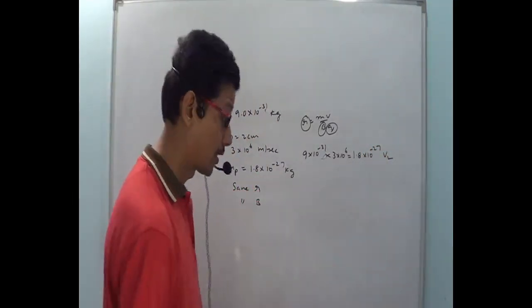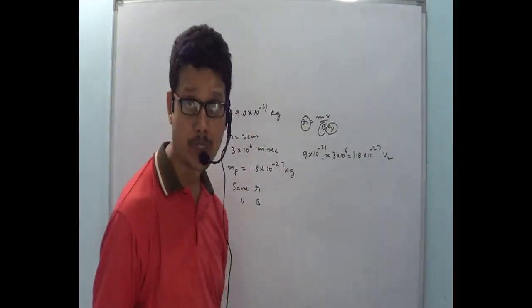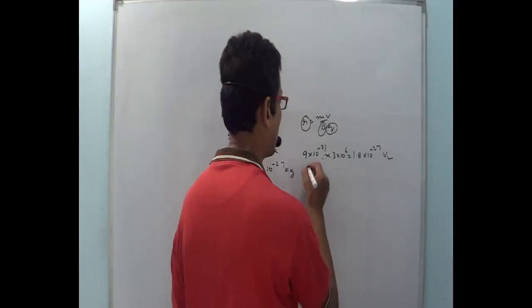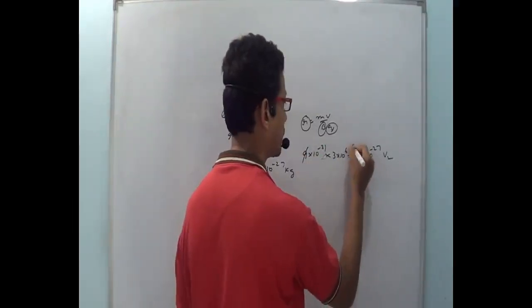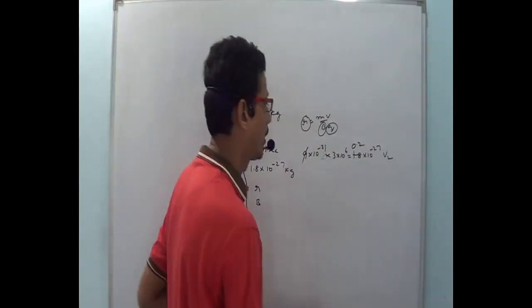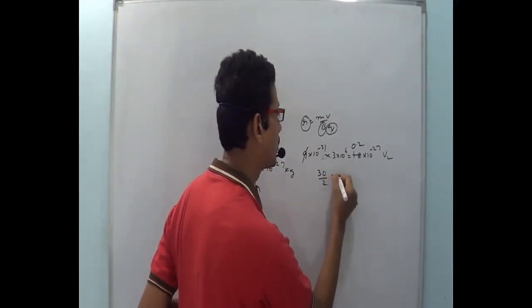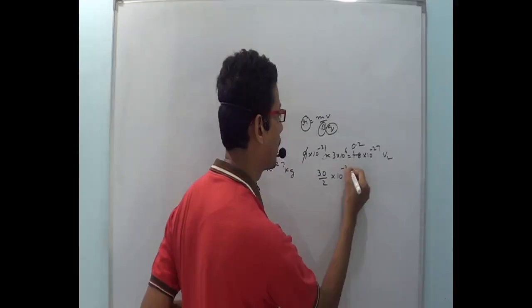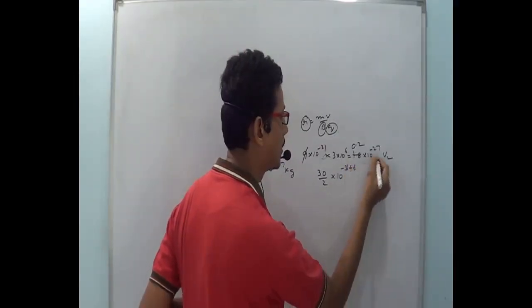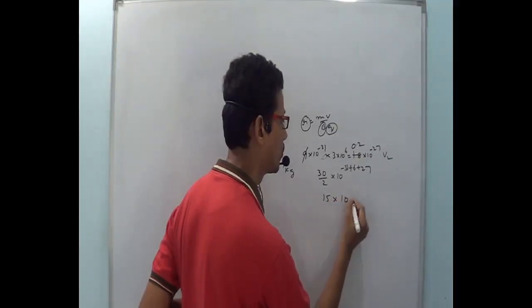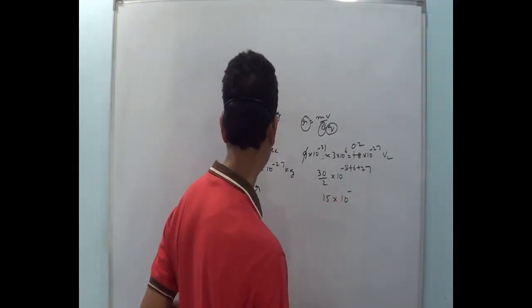We have to find v2, the speed at which the proton should move to maintain the same radius in the same magnetic field. So this goes how many times? 0.2 times, and this is nothing but 3 by 0.2, or 30 by 2, into 10 power minus 31 plus 6 plus 27. So this is 15 into 10 power